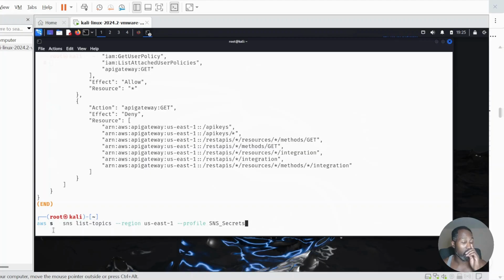Alright, I think I made another typo, guys. Let me just save us the trouble. Alright, I think I'm good. Yeah, so this information, I did research. I used ChatGPT, I used Google, and I found a couple of commands. So everything here is full disclosure, right? This was one of them to list the topics. So now once you hit enter,